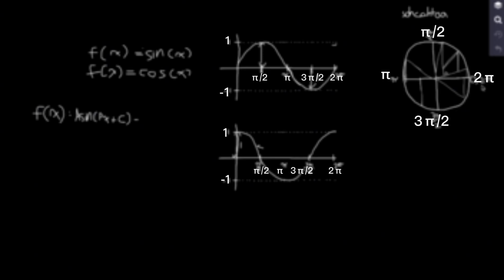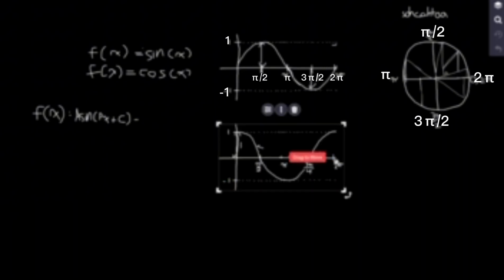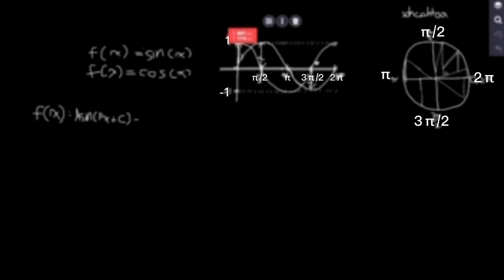And from 0 to 2 pi, it cycles over and over periodically. So this is why we call it a periodic function as well. And as you can notice, this is the graph of the cosine function, and it's very similar to the sine function. And if we move this here,